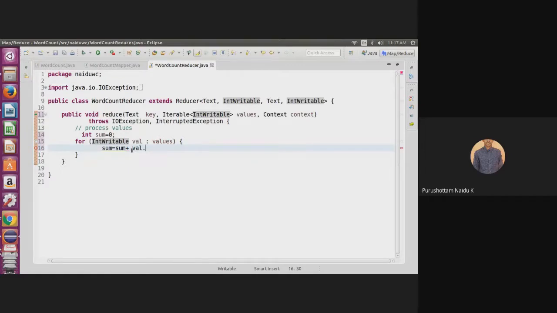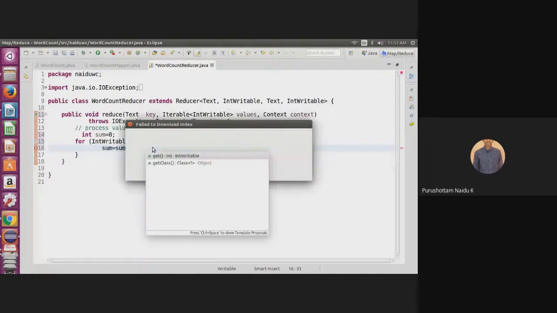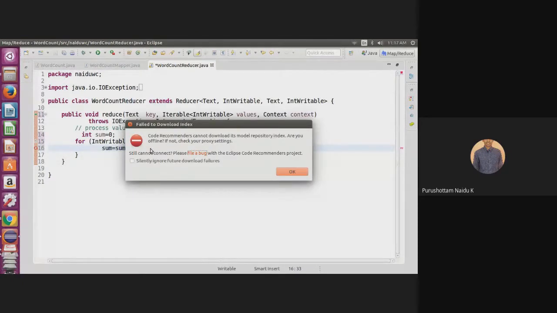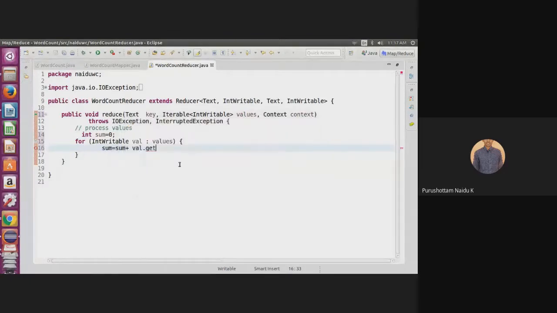To get each and every value of the iterable object values, we use the get method.